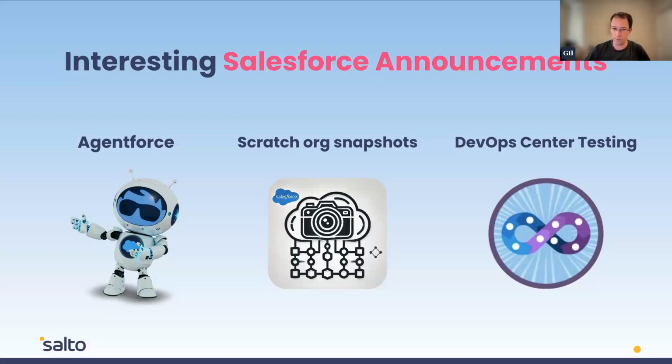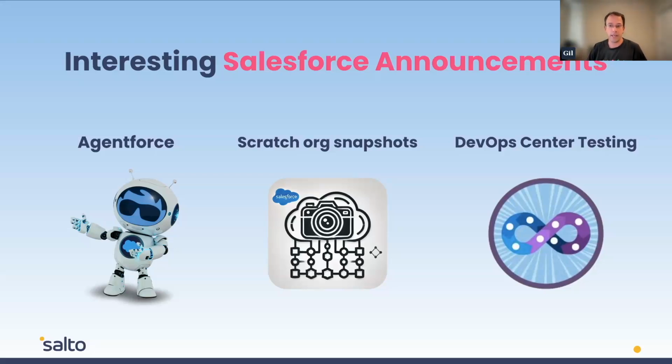One of the motivations for Scratch org snapshots is also being able to use agents and Agentforce in Scratch orgs, eventually. And another announcement: most of you are probably familiar with DevOps Center, the DevOps solution by Salesforce that hasn't shown a lot of progress over the last year and a half or so. There weren't too many announcements directly about DevOps Center, but an interesting one was around DevOps Center testing, which is basically being able to integrate DevOps Center with